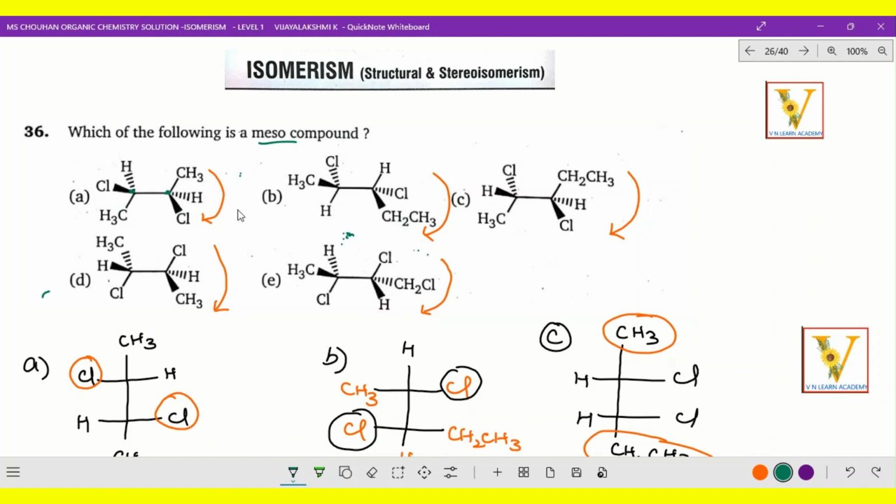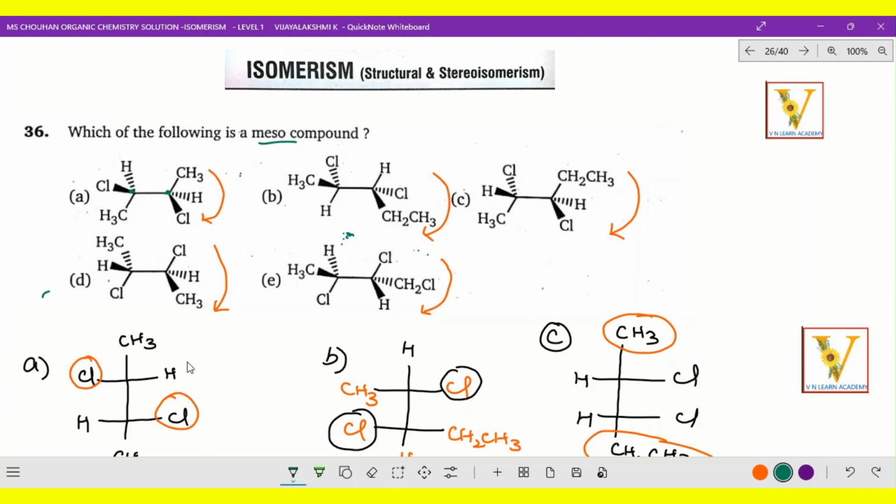Let us check with that. Okay, now here, two carbons, two chiral centers are available. Yes, wedge and dash positions, they have given in the Fischer projection. In that, how do we identify? Okay, the first carbon, the front carbon, let it be kept constant. The second carbon we just rotate, so that we can easily identify in that Fischer projection whether it is identical or not, a chiral molecule or not. So one has to be constant, the other one we just rotate, we just turn.